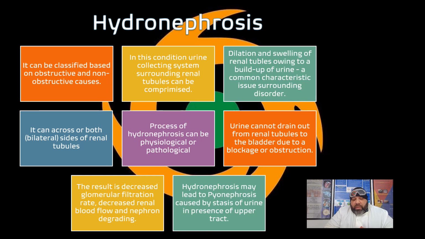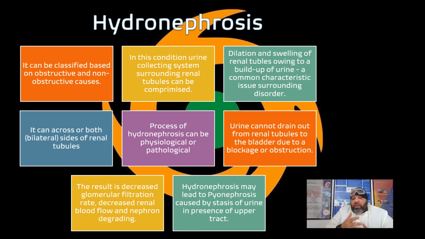The cause and process of hydronephrosis can be physiological, where the renal tissues are affected further. It can be pathological as well. Urine generally cannot drain out from the renal tubules owing to blockage or an obstruction in and